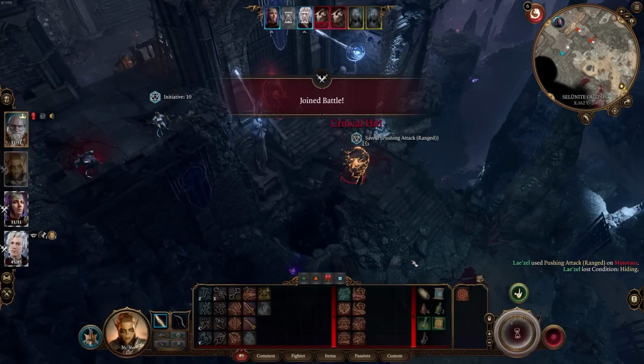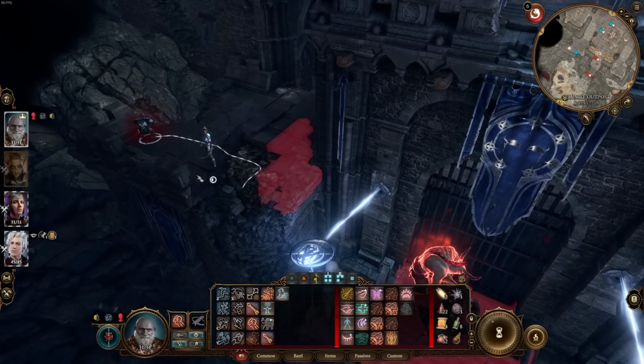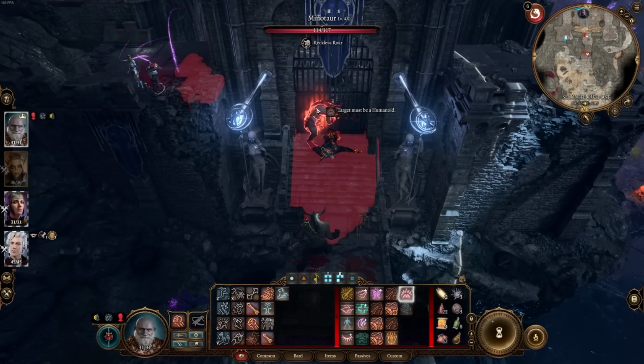Hopefully you get a little bit more distance on him. Fantastic hit, 16 damage coming out from Lae'zel. Now Dungen's going to move up as well, but Dungen doesn't have damage in mind. Dungen is gonna cast